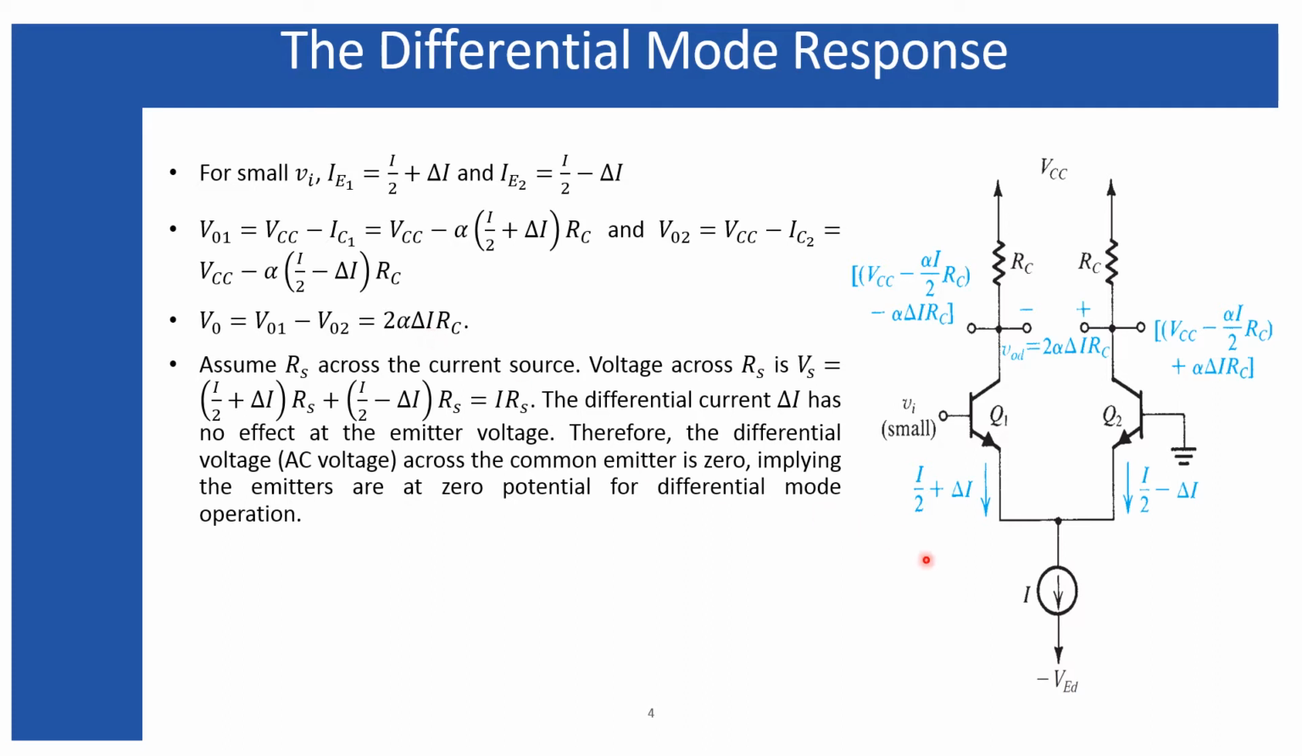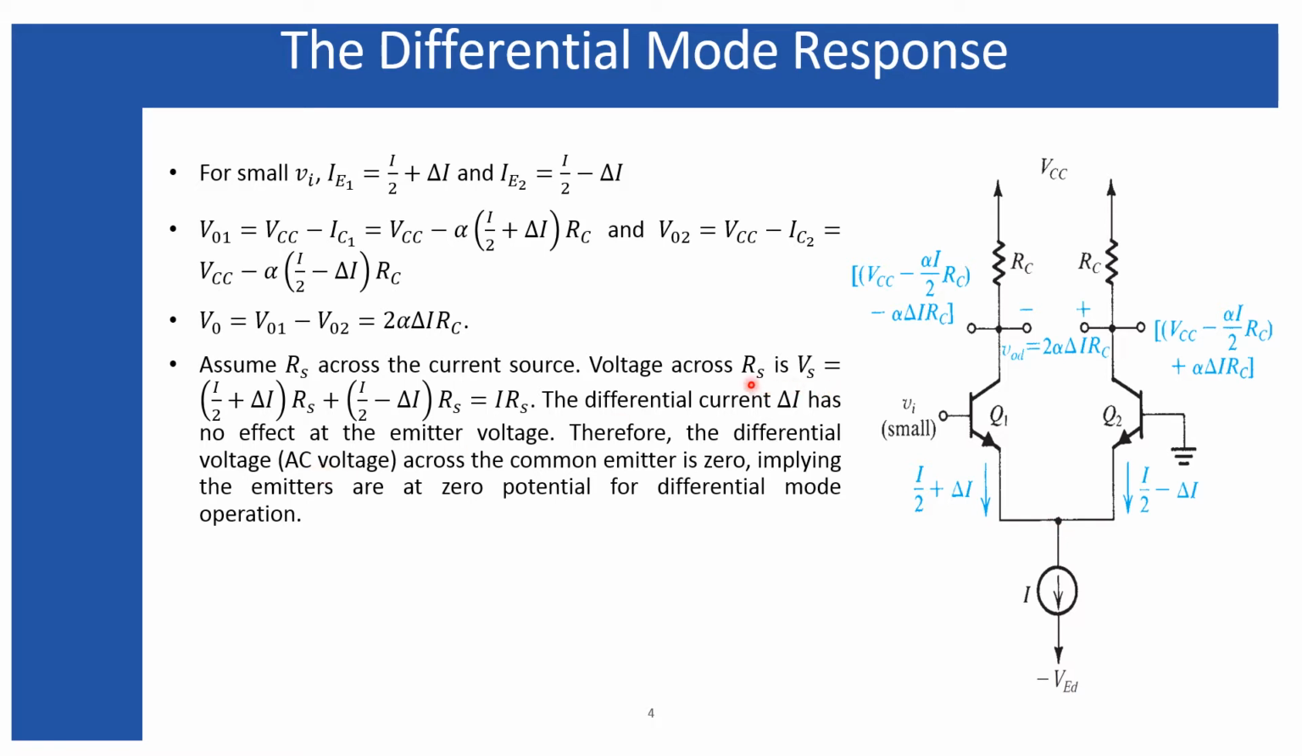One thing you should notice over here is that during the application of the differential voltage, the current delta I gets increased in transistor Q1, and a similar magnitude of current delta I gets decreased in transistor Q2. Therefore, the potential which gets developed across the current source remains constant for the DC voltage, but for differential voltage it is 0, because